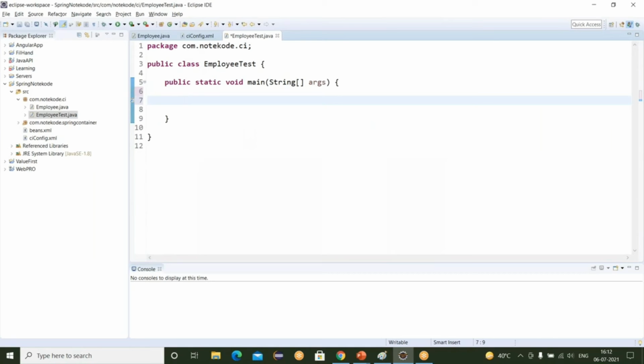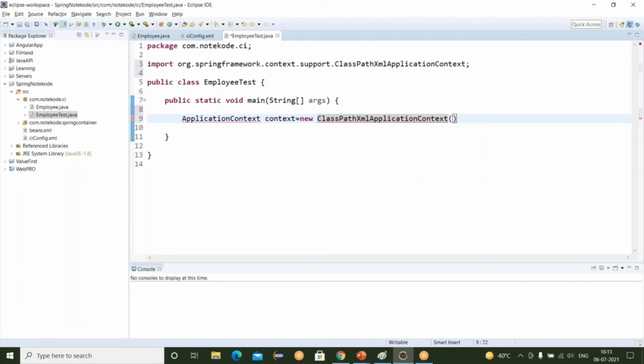Remove this, and I'm writing here ApplicationContext equal new ClassPathXmlApplicationContext. Inside this, you have to write your configuration file name. So my configuration file name is ciconfig.xml.